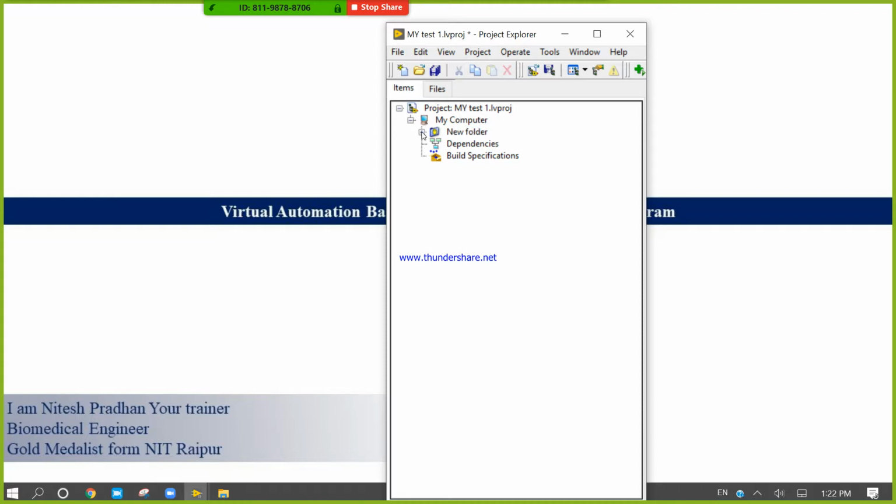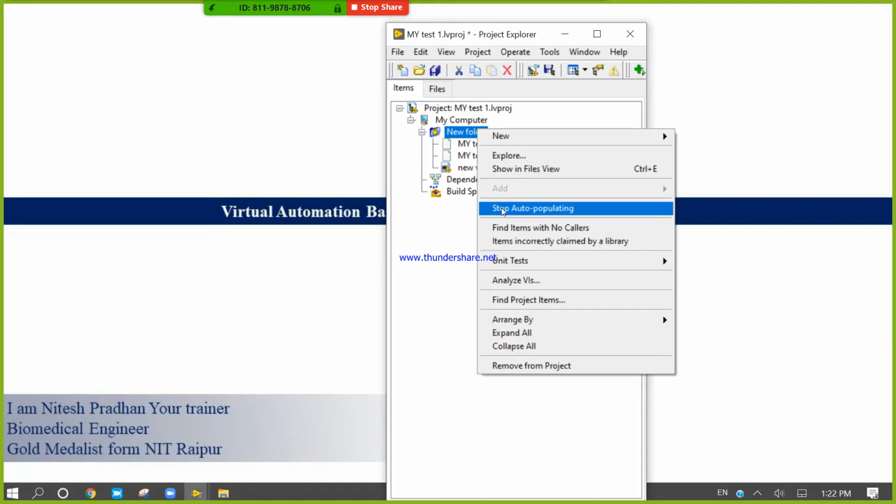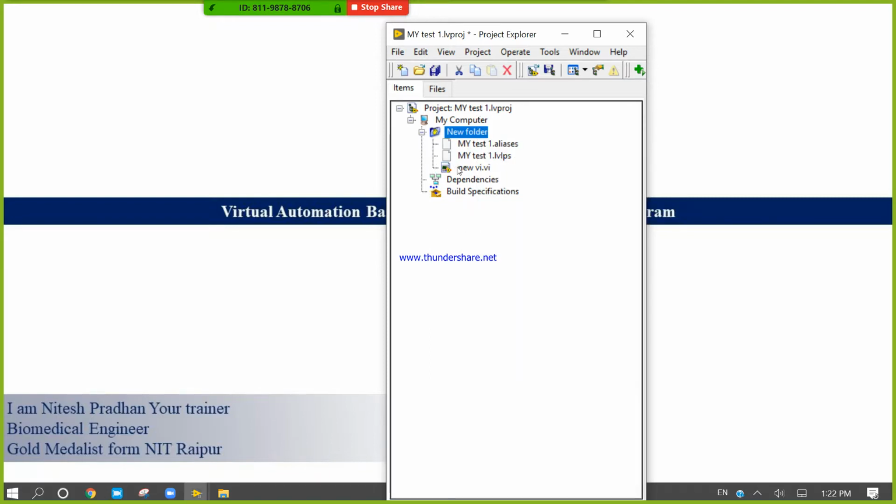Now if I click the auto populating folder, look at here. My VI is automatically present inside this auto populating folder.